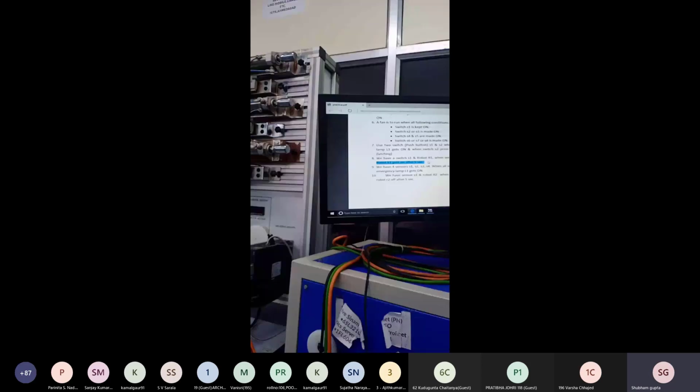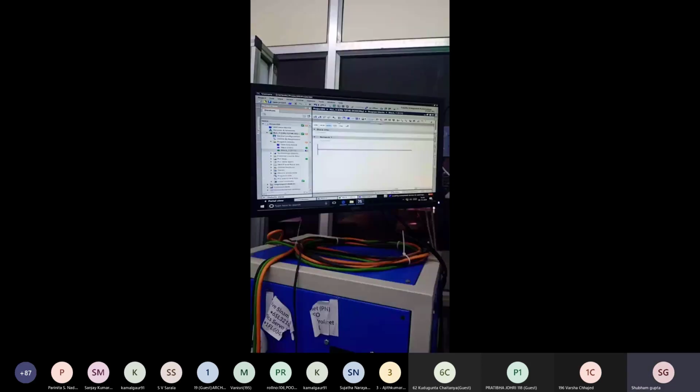So I will tell you what a timer is. We are using the T-on timer. The address of the timer is T37 to T96. We can use a timer from T37 to T97.